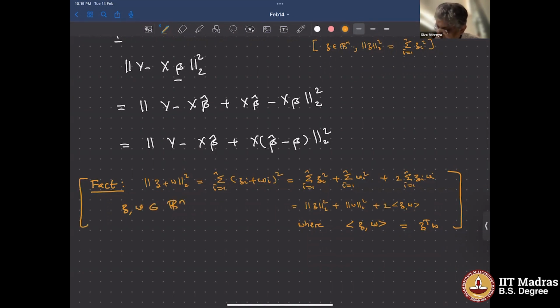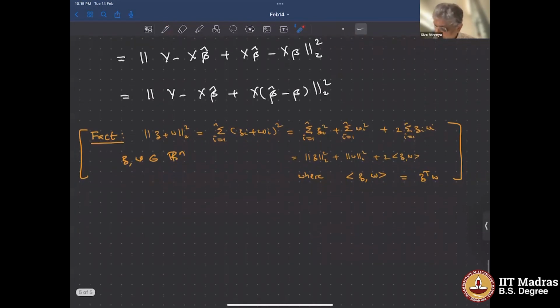This fact we have, right? So I'll use this fact on these two vectors. I'll take this vector y minus x beta as one vector and x beta hat minus beta as the next vector, right? As the two vectors that I take. So what will happen now? This is going to be equal to